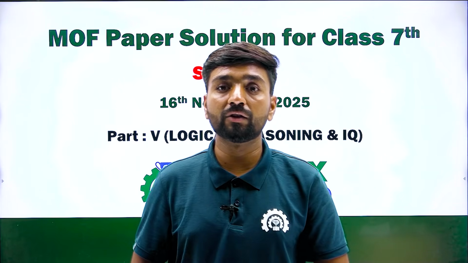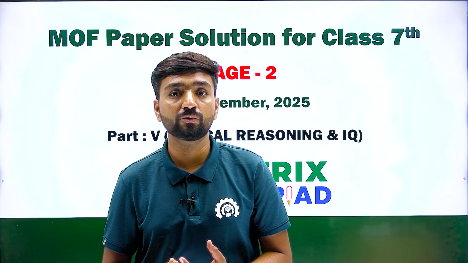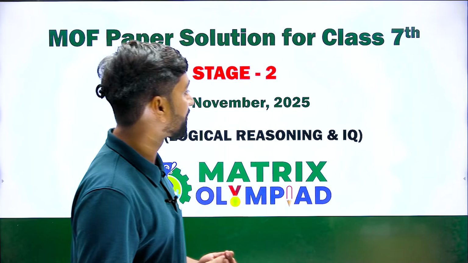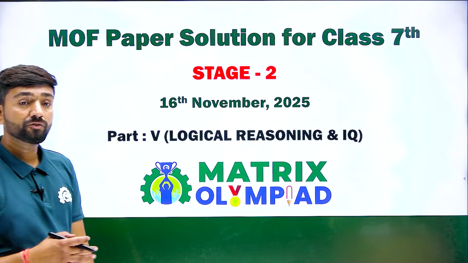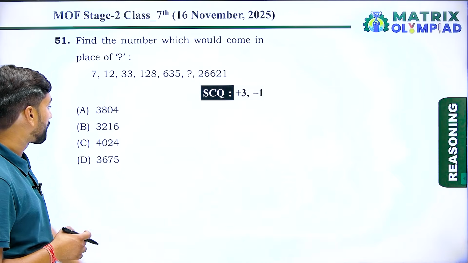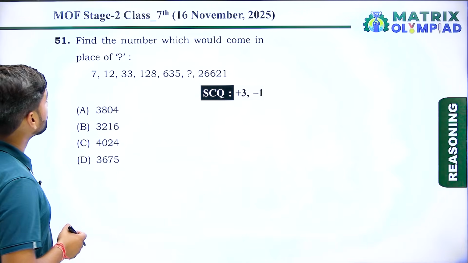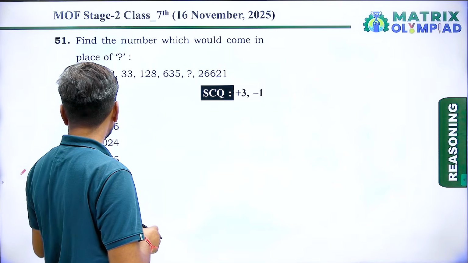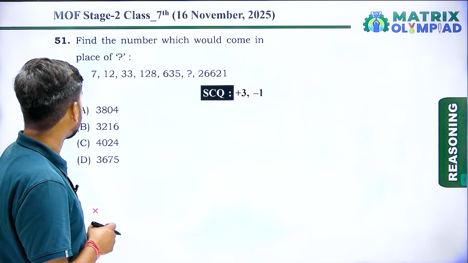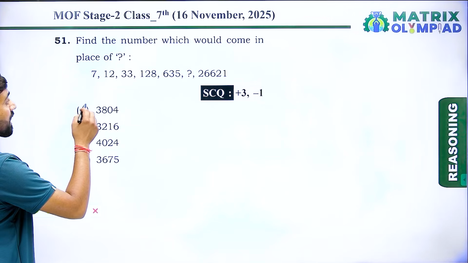Today we are here to discuss the paper solution of MOF Stage 2 Class 7 Logical Reasoning section. So let's start the solution with our first question. In this question we have to find out the missing term in the given number series. So if we check the pattern in the series, it will be like this,